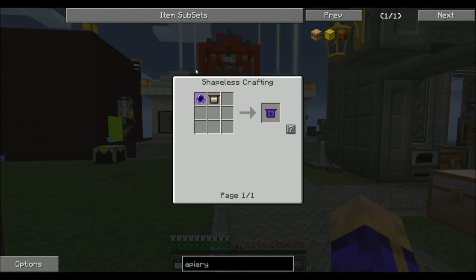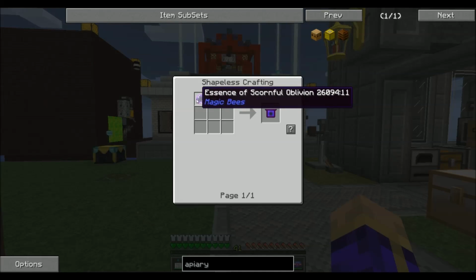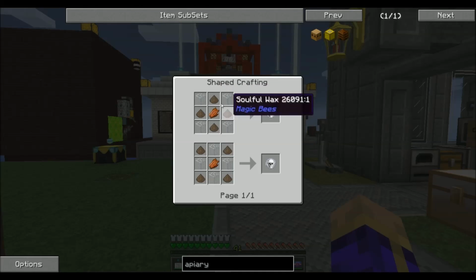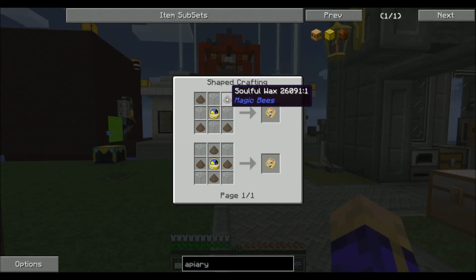To get the Oblivion Frame, you use an Essence of Scornful Oblivion on a proven frame. Proven frames cannot be crafted. They have to be purchased from villagers. The Essence of Scornful Oblivion can be created with Wither Skeleton Skulls, Essence of Shallow Grave, which is made with wax that comes from bees and a rotten flesh,